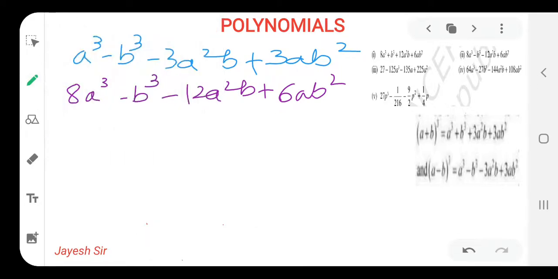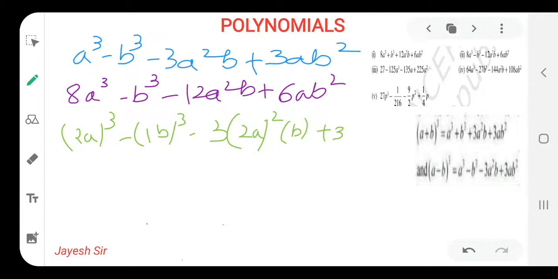So I am solving it over here, easily. 2a cube is 8a cube, and 1b cube we can write as it is, and here we will find 3 in common, and 2a whole raised to square, and b plus 3, a means 2, and here it is b square. Yes, friends, so what we will get, our answer is 2a minus b the whole cube. As our first sum was similar to this, only two signs were changed, and we get our answer as 2a minus b. And in our first sum we got our answer as 2a plus b. I hope you all have understood and cleared your concept over here.